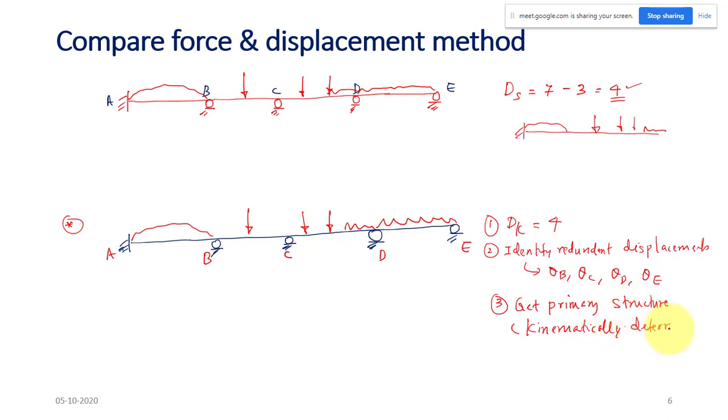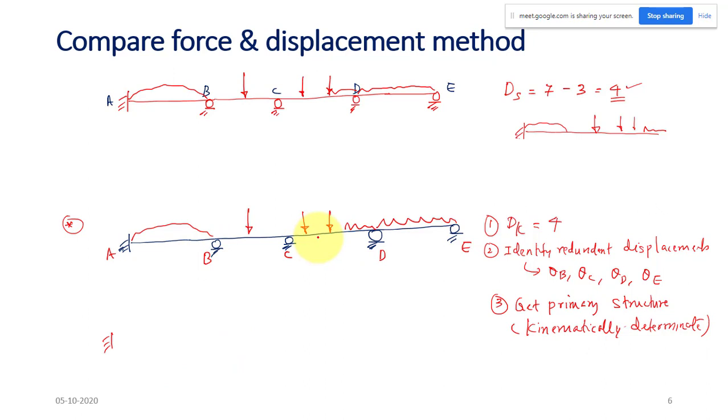So you see the steps very carefully. And how to get the kinematically determinate structure? What is the meaning of kinematically determinate? I think I have explained that already. How to make this structure kinematically determinate? Statically determinate structure means there should not be unknown reactions in the structure. That is why we are removing them. Here, what do we have to remove to get the kinematically determinate structure? Here we removed all the forces. Here what do I have to remove? Think a little bit. What do I have to remove to get a kinematically determinate structure?